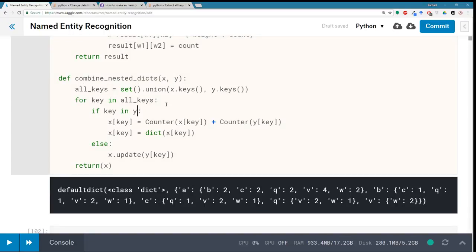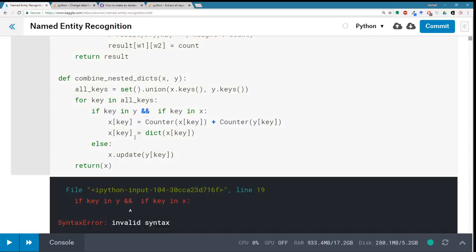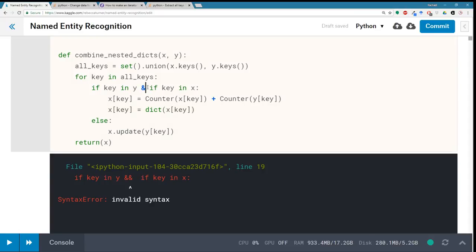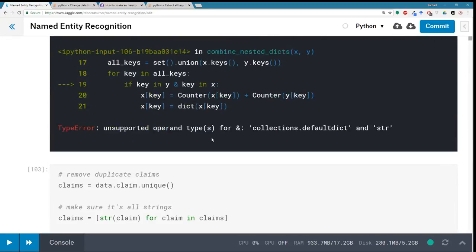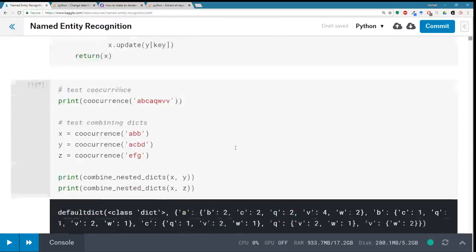If key in Y and if key in X. Oh, okay, double and isn't a thing. No, that doesn't work. Oh, it doesn't work. Unsupported operand types for collections.defaultdict and string. Well,